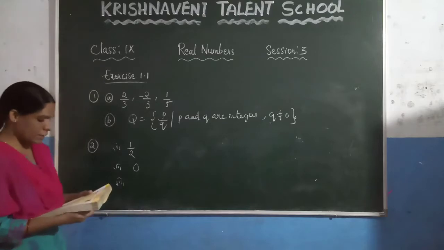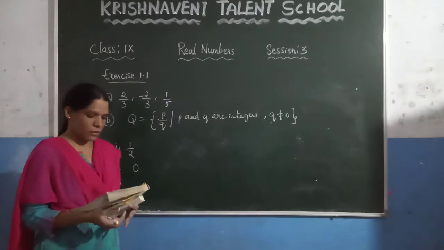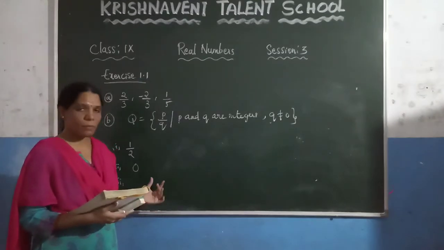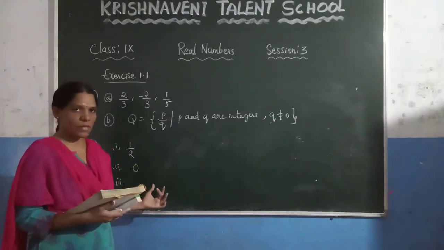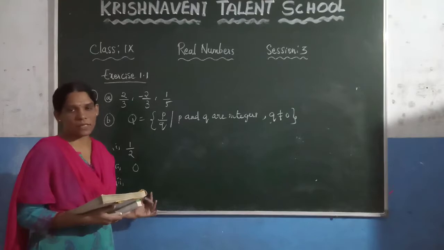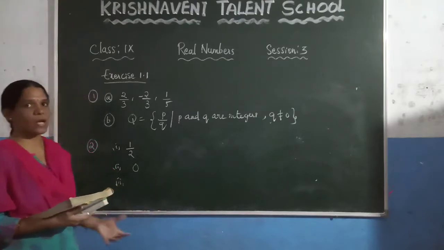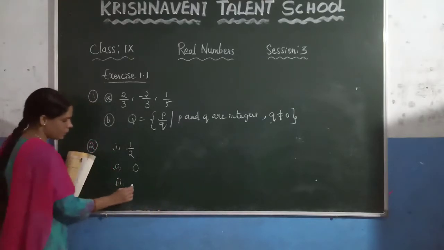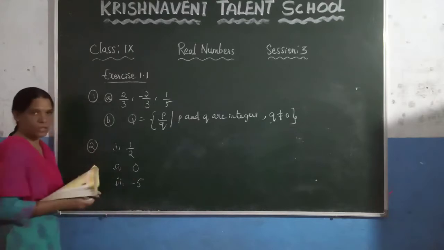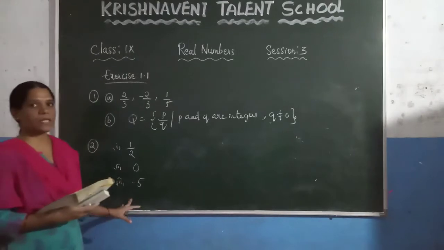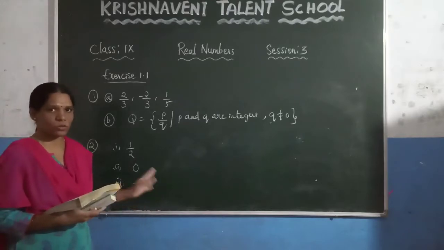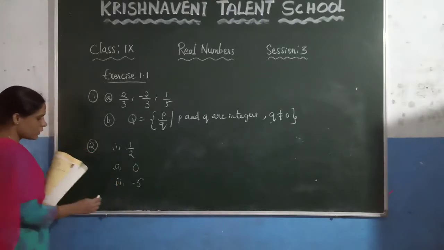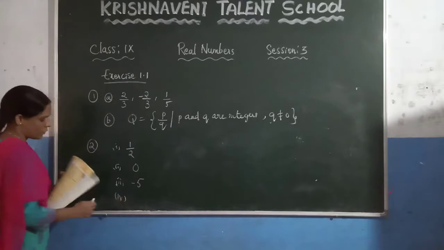Now see the third one. An integer which is not a whole number. You have to write an integer, but it should not be a whole number. What are integers? You know that if we add negative numbers to the whole numbers, we get the integers. So you have to write here any negative number. Let us take minus 5. You know that it is an integer, but it is not a whole number because the whole numbers start from 0, 1, 2, 3 and so on. Now let us solve the next one.